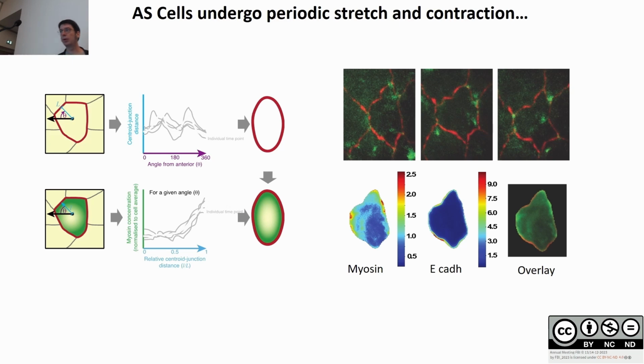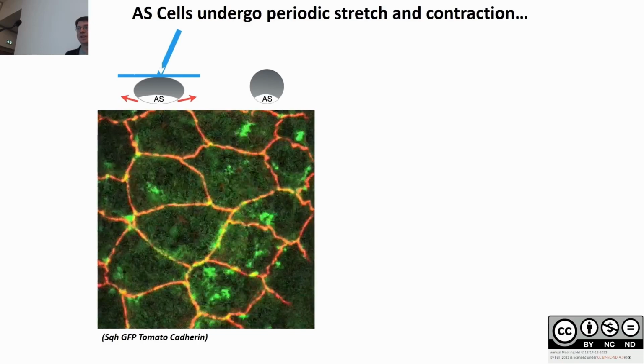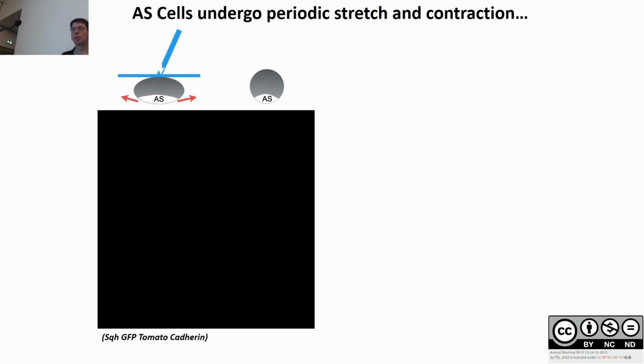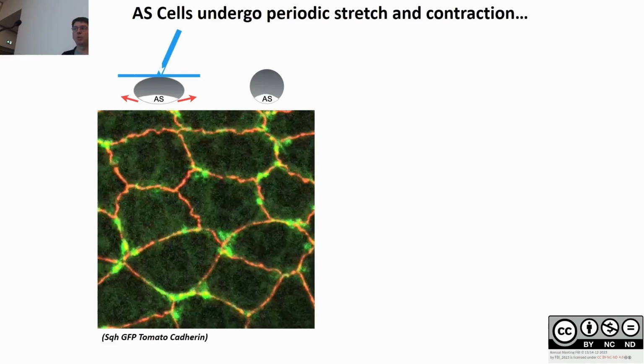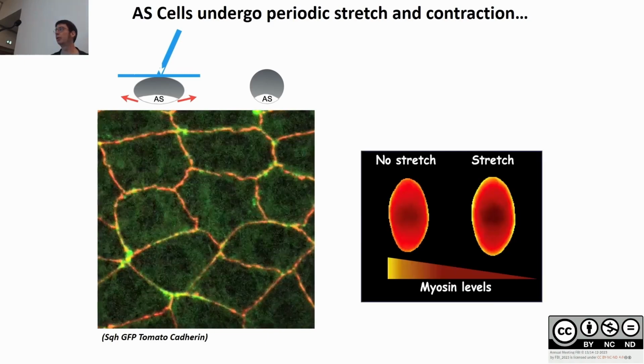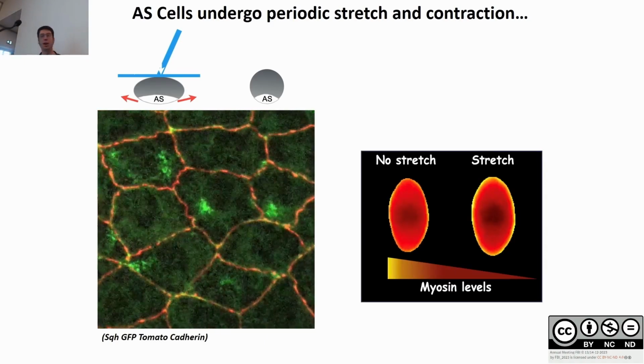In order to go further, we developed a basic experiment where we compress the embryo in order to stretch the tissue, to see whether we can translocate myosin by that means. So that's what we observed. The cells are pulsating. They are happily pulsating when we don't compress them. And now we compress, we stop the pulsation, and myosin locates at the cell boundaries all the time. So we could average that, and we show that there is an enrichment of myosin at the cell border.